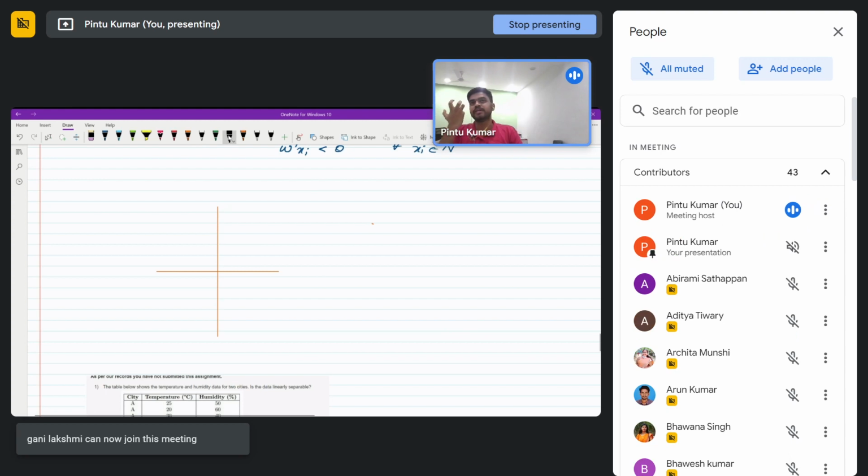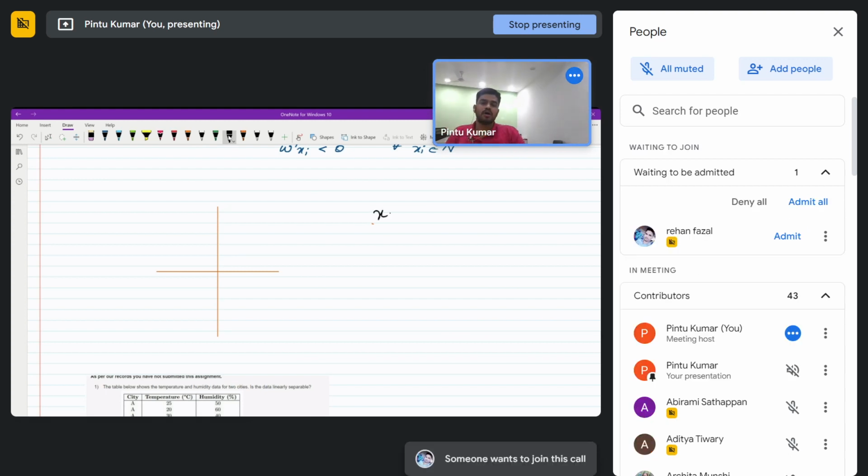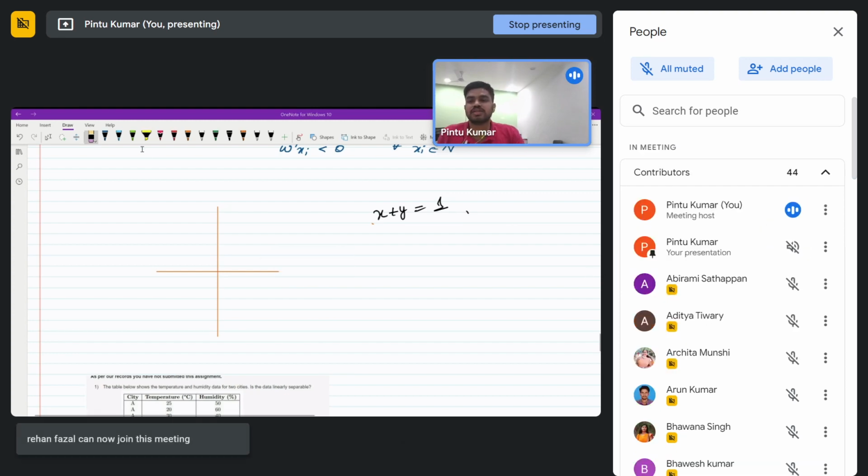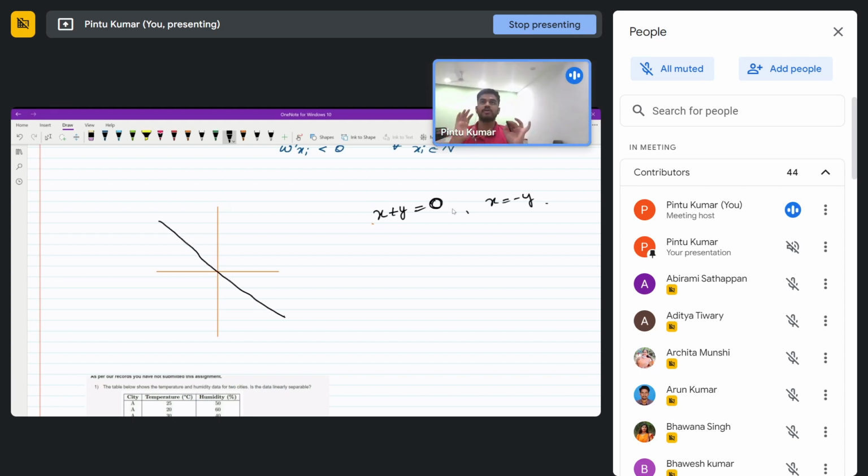So how can you represent a line on a two-dimensional plane? One way is to write an equation of this form. Let's say x plus y is equal to 1, or let's take something simpler, x plus y is equal to 0. So how does this line look? This is x equals minus y, so it would look something like this, right? This is one way of denoting a line. You can write it in the form of equations. Another way to